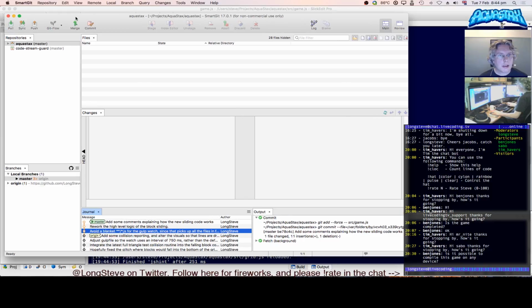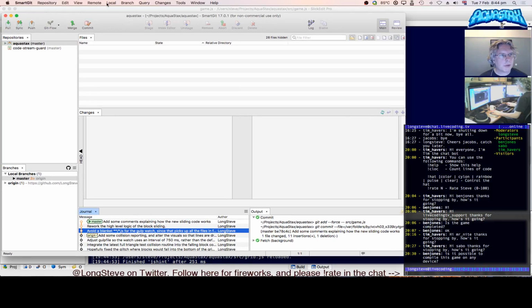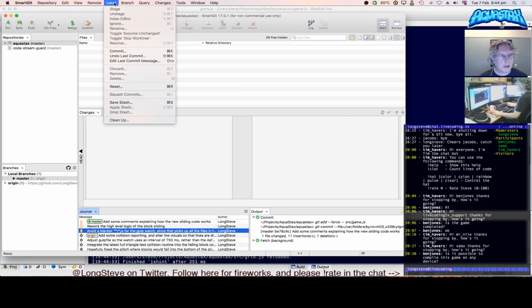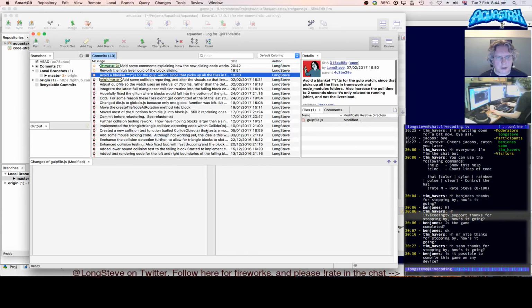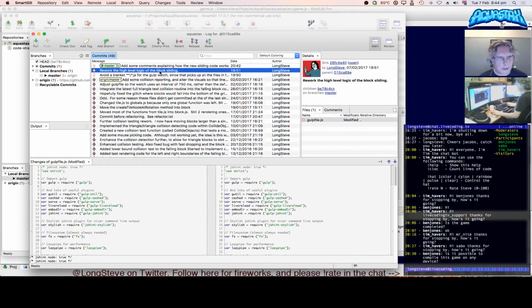Maybe there's a button? No. Local, undo last checkout, edit last checkout. If I double click on that commit, what does it do? It brings me up the log. Okay, so if I'm looking at the log,